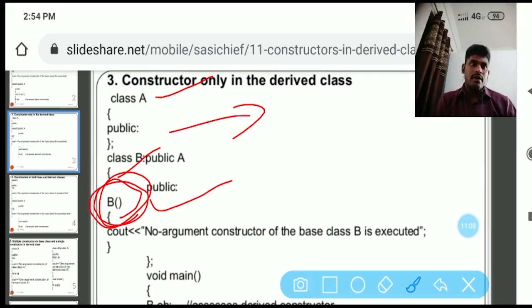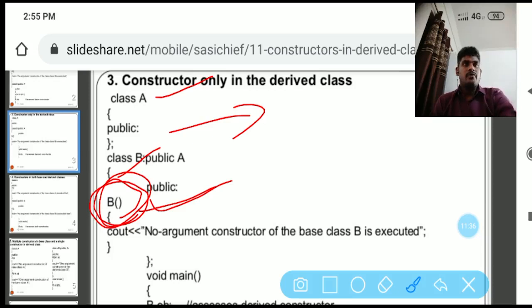Please remember and note this point: the constructor name is always the class name. Second, a constructor is always in public mode. Remember this, public mode. So B() is nothing but a constructor.